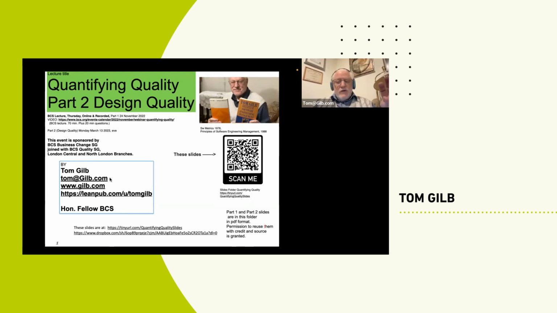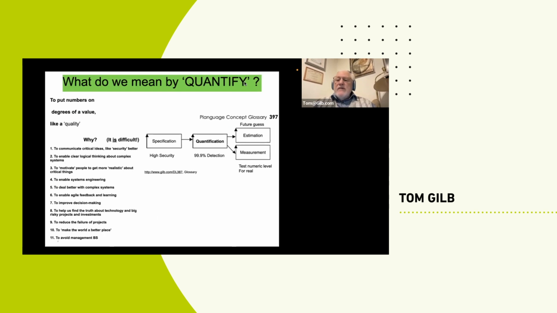So the subject today, part 2 of Quantifying Quality, is quantifying the quality of designs, variously called other things like the means to an end, the strategy, the architecture. It's whatever you do to reach your quality objectives. And with that, push on. So let's see if I can get rid of some windows that are in my way. First, 3 slides from the previous lecture,